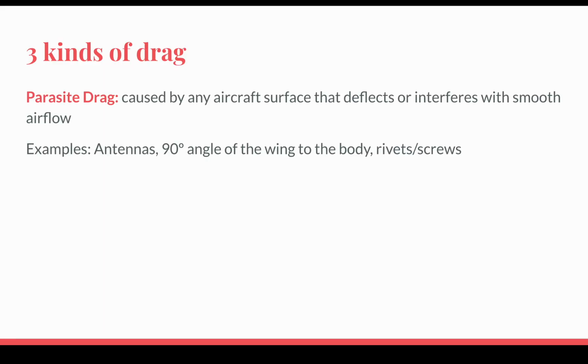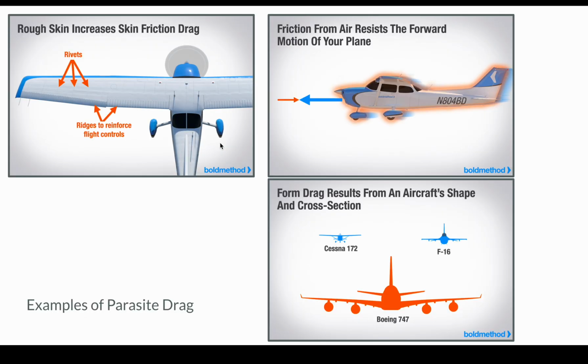So let's talk about drag. 3 kinds of drag. Number 1, parasite drag. This is caused by all the stuff hanging off the airplane. It's basically hitting those air molecules, creating resistance, and causing the aircraft to drag. Antennas that are 90 degrees angle of the wing to the body, rivet screws, all of these are examples of parasite drag. The second kind of drag is